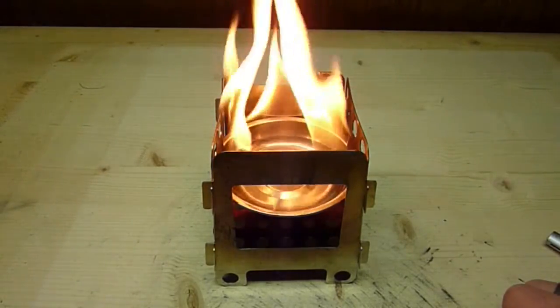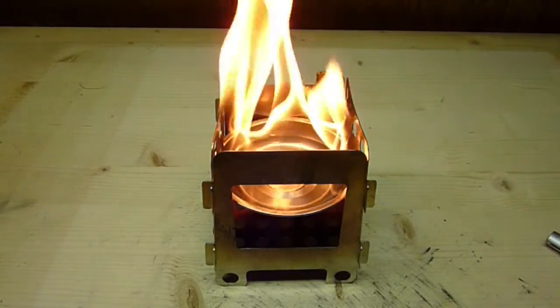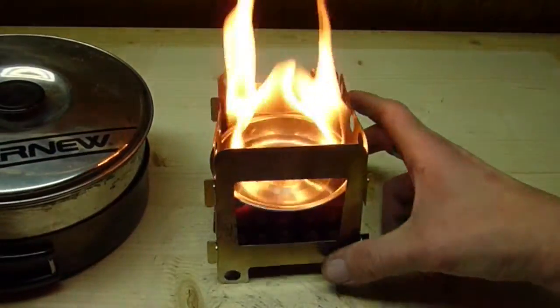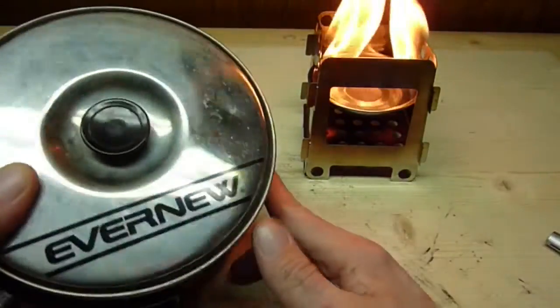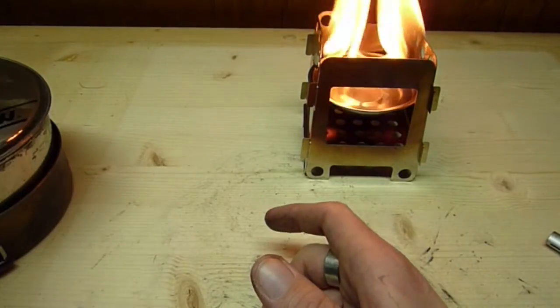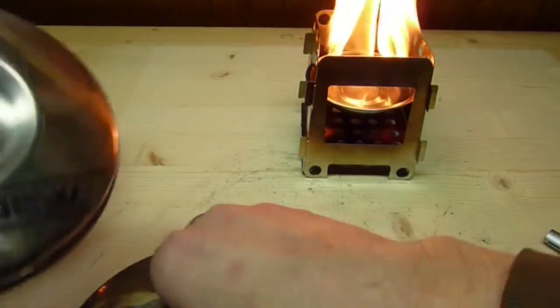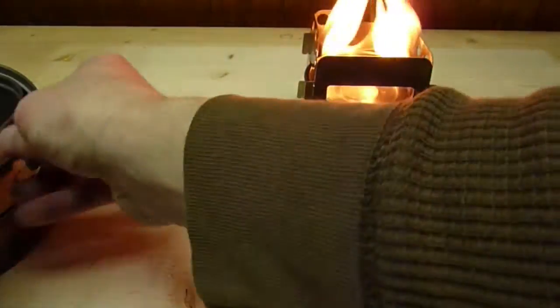I've got a couple pots here. I've got an old Evernew set. This is back before Evernew started making all their stuff out of titanium. This is a stainless set, and it's not very clean, but